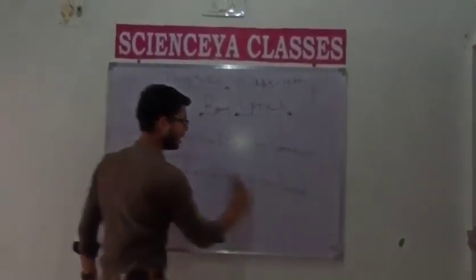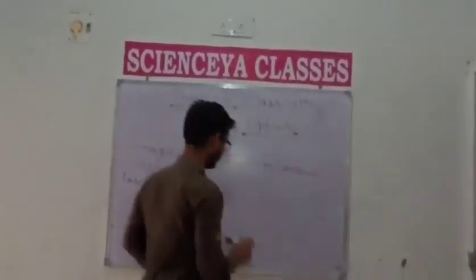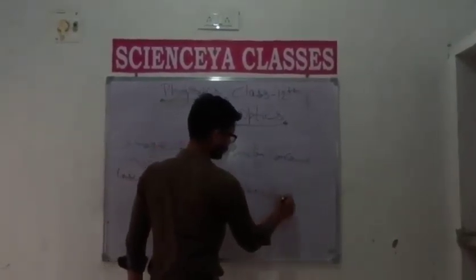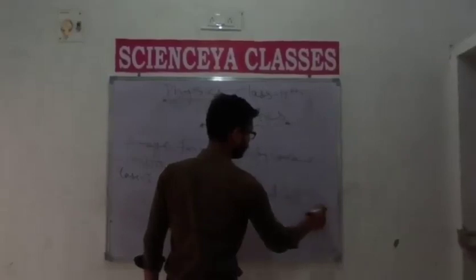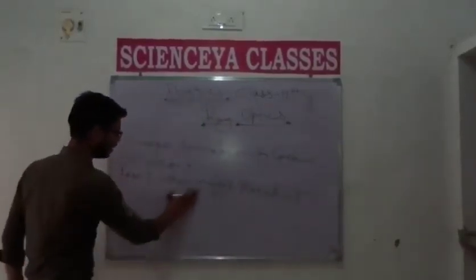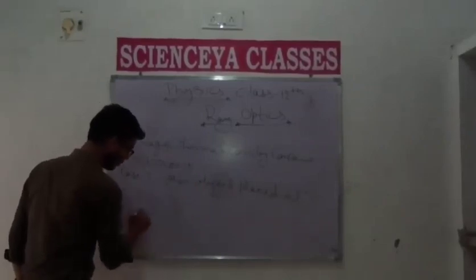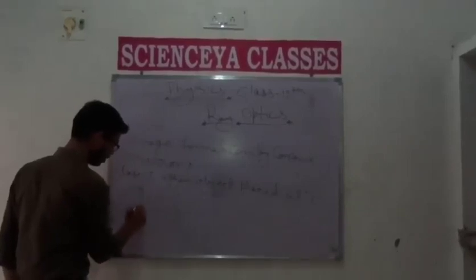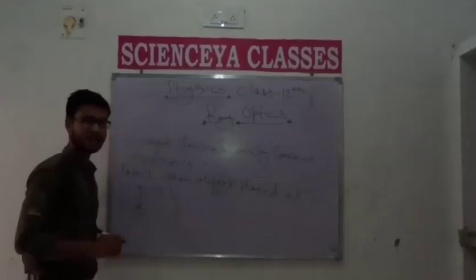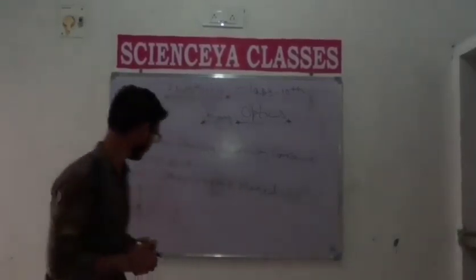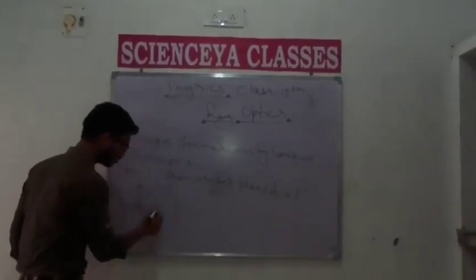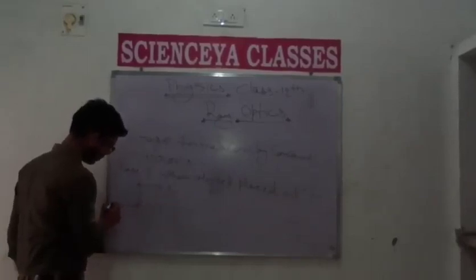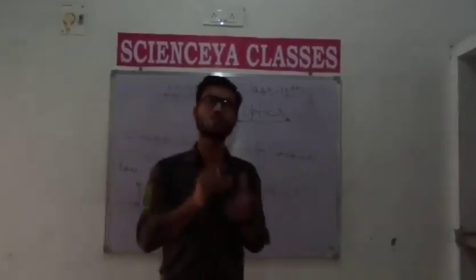When object is placed at center of curvature. Okay, student? In the third case, we see that when object is placed at center of curvature, suppose it is object AB, and the rays of light that are incident on the surface of the concave mirror, after reflection, must be passing through focus or principal focus. Okay, student? And in this case, the image formed is the same size as the object.